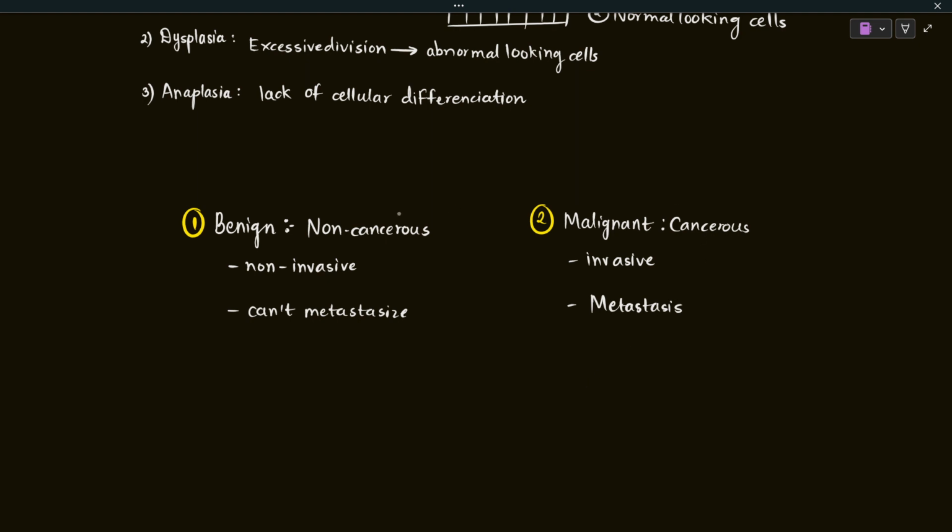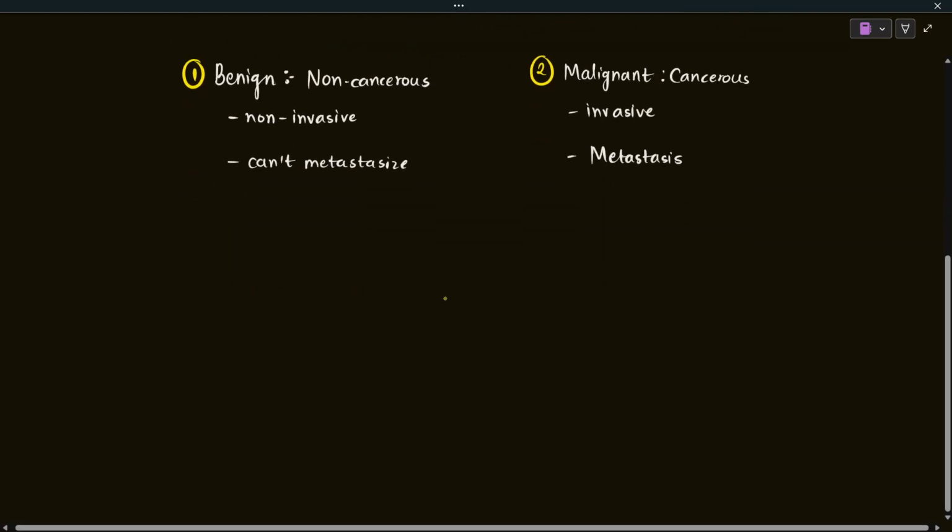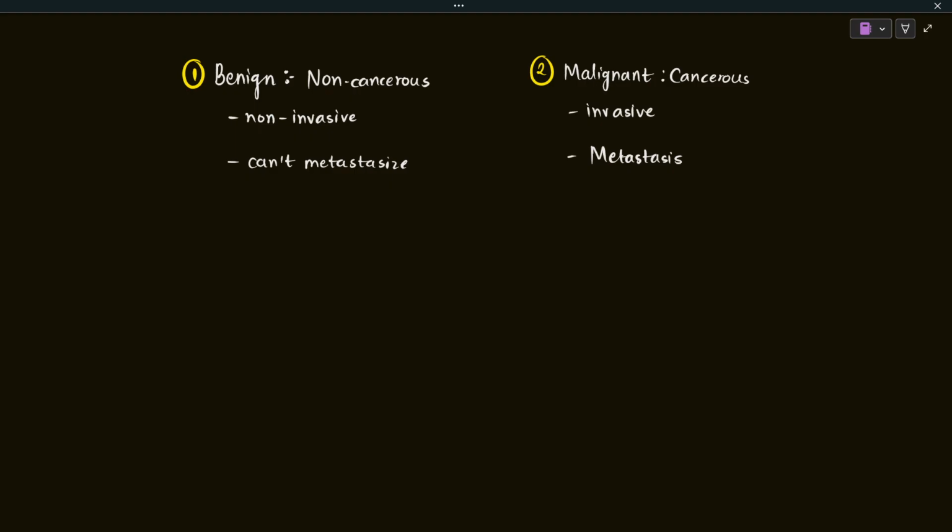So these are the basic differences between benign tumors and malignant tumors that we already know. There's other characterization of the tumors based on which cell type they are arising from. So this was based on certain characteristics, whether they are invasive or not. There can be other categorization based on the cell type from which that tumor is arising. So there's one more classification. This is classification type 1, and here is classification type 2, and this is based on cell type